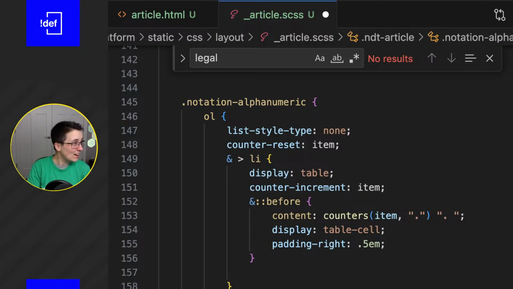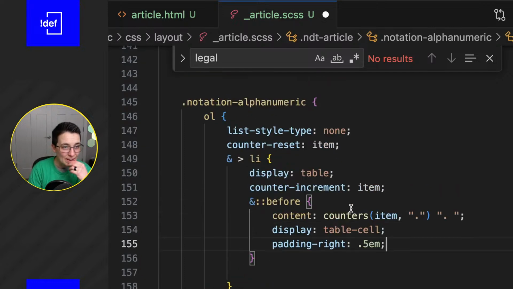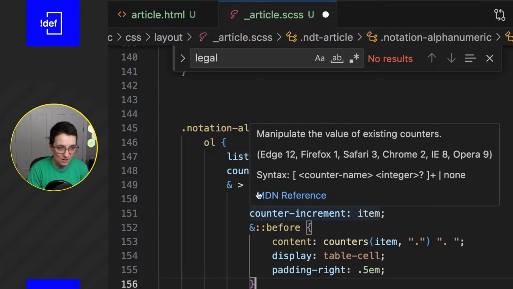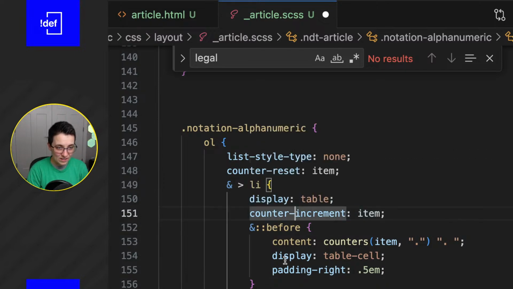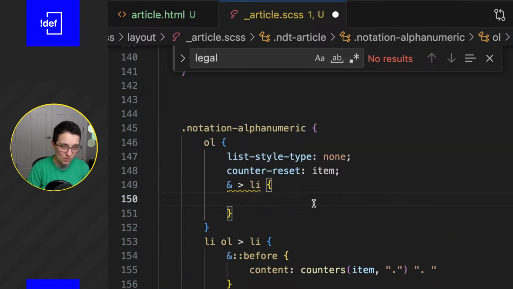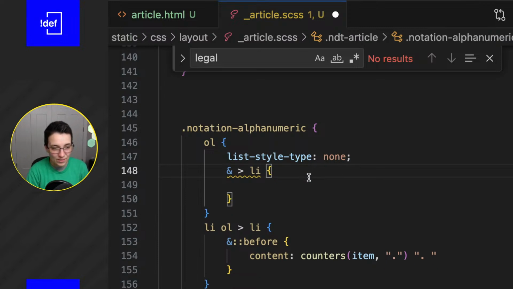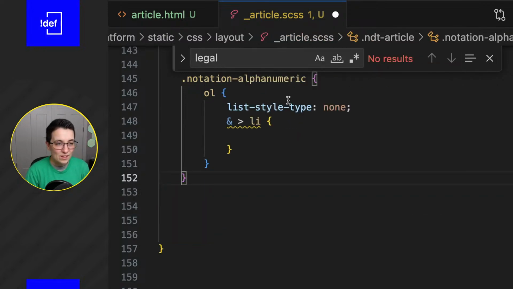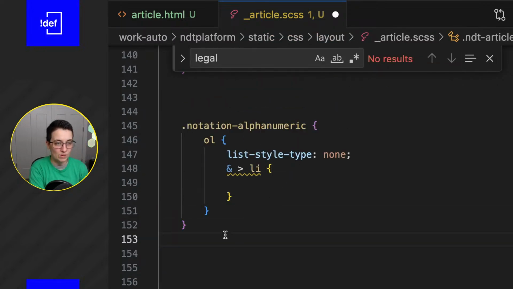Okay, well, apparently I broke my own notes because I did not do that right. However, I think what we do is we get rid of... we may not actually need any of this stuff. So let's just try this. I'm going to get rid of the table as well. The table, we don't need counter reset, I don't think. And I don't think we need, we'll actually get rid of that too. So basically what we're doing in this case is we're changing the,